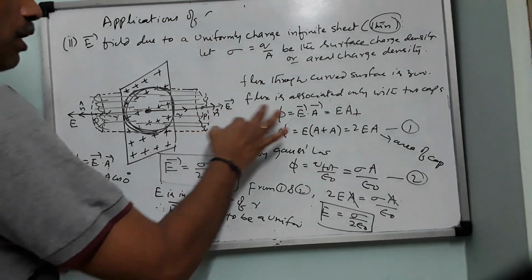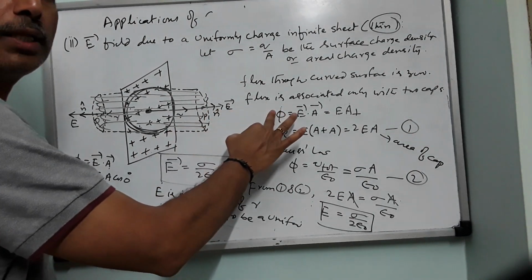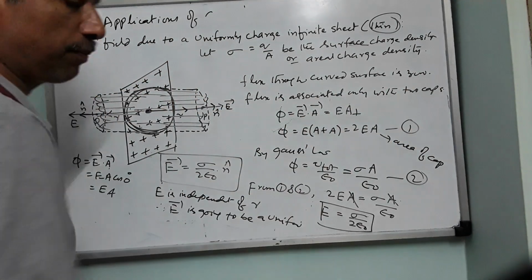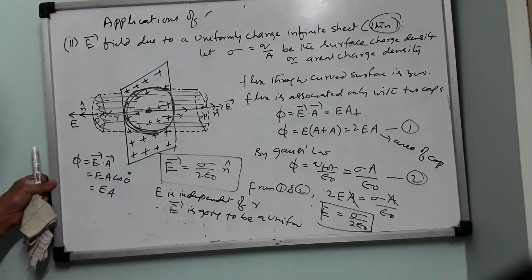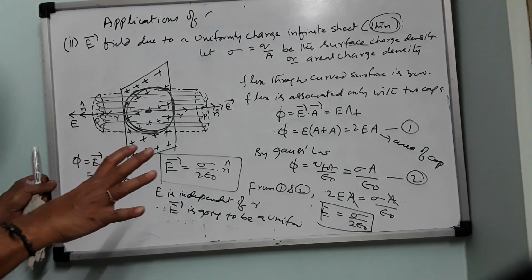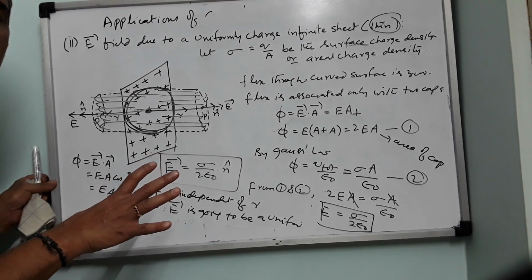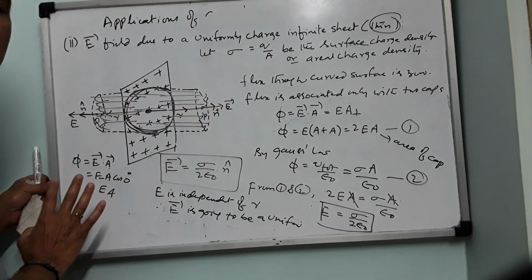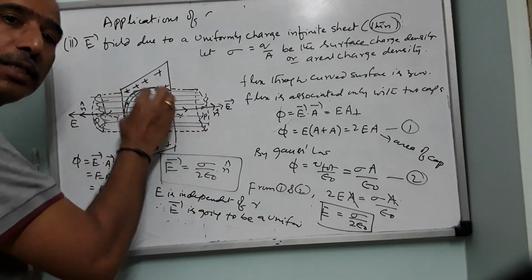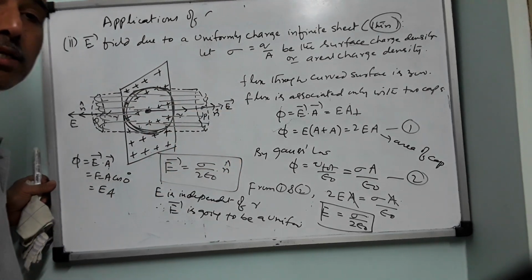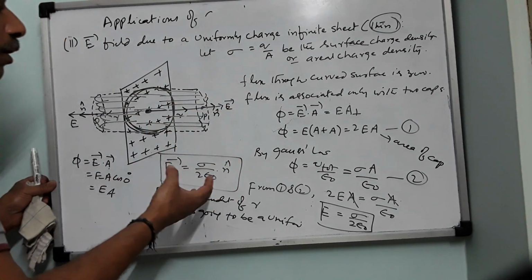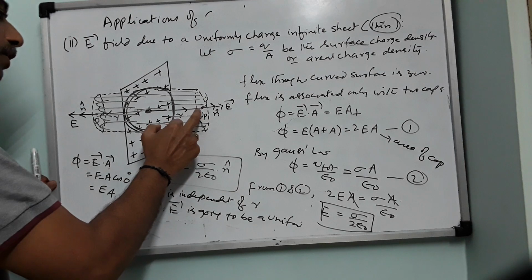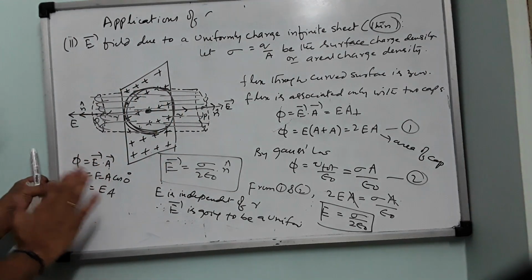Similarly, if point P moves away, so the distance is increasing, don't think that the electric field will decrease. The electric field will remain the same because more charges will participate in producing the electric field, like more faces are covered when a shot is taken by the camera from a long distance. When point P moves very close, very few charges will contribute to the electric field. So though the distance is less, the number of charges involved in producing the electric field is also less. Therefore, whatever field these few charges produce at this point, is the same electric field. So that is the concept.